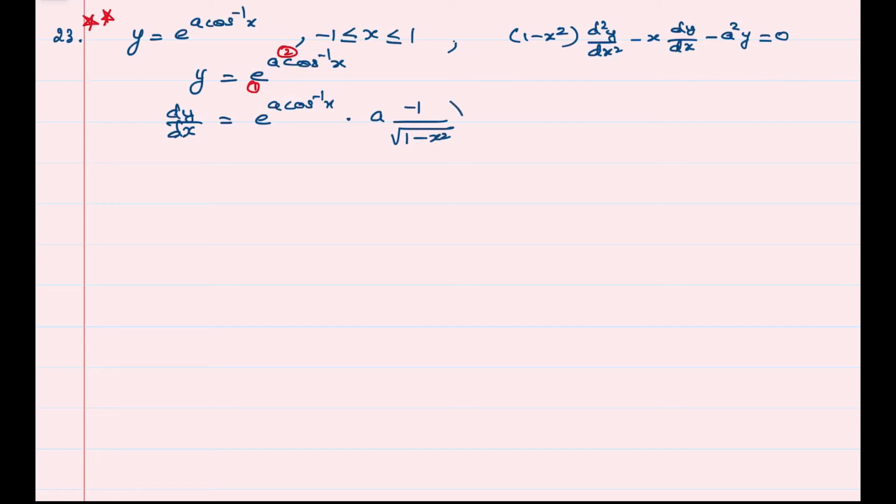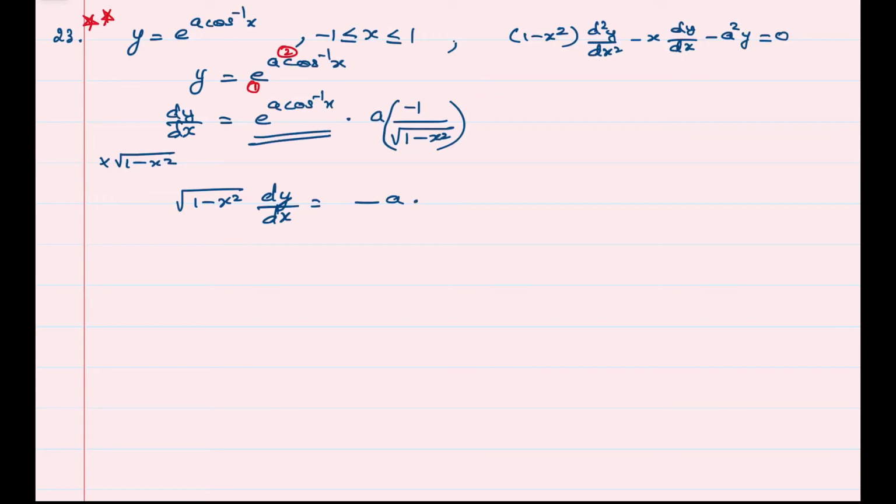And remember, in proving second order differential equation questions, if you get a denominator, take it to the other side and do the second derivative. That will be easier to do. That is, multiplying both sides by root of 1 minus x square, we get root of 1 minus x square times dy by dx equal to minus a times,